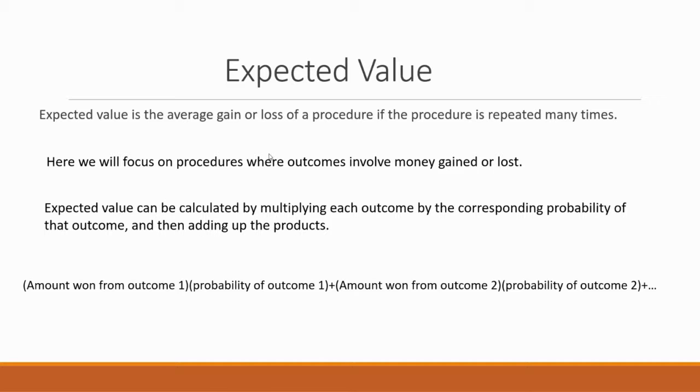The examples last time did present the procedure for calculating expected value. The procedure is not that bad, actually. Essentially, you take each outcome, and you multiply how much you win or lose from that outcome times the probability of that outcome occurring. So it's how much you should expect to win or lose from that outcome, multiplied by the probability of that outcome. You do this for each outcome and you add up the results. So that's what expected value is.